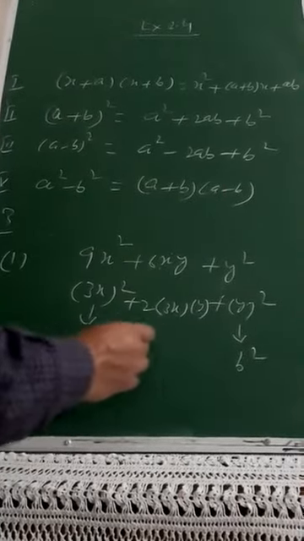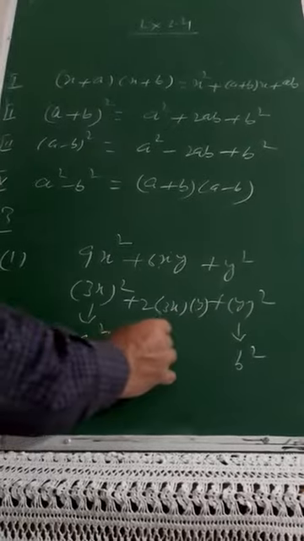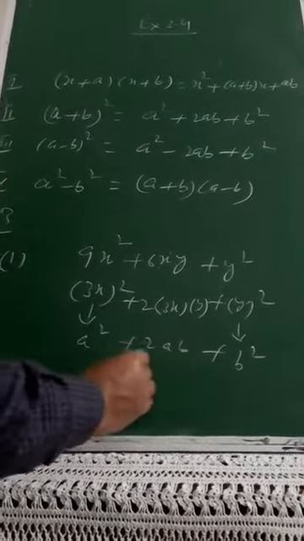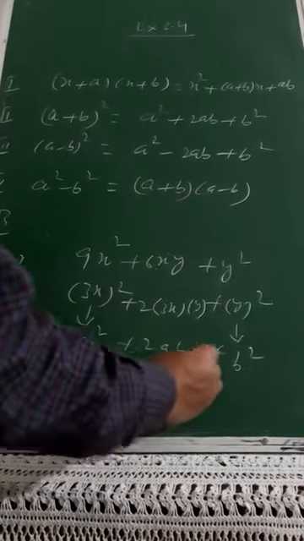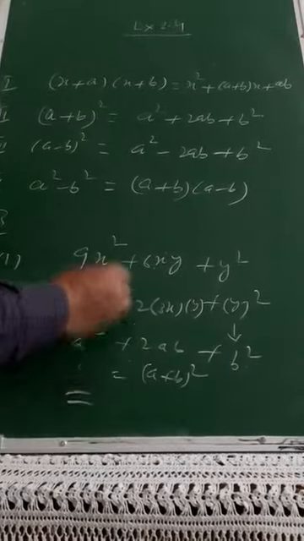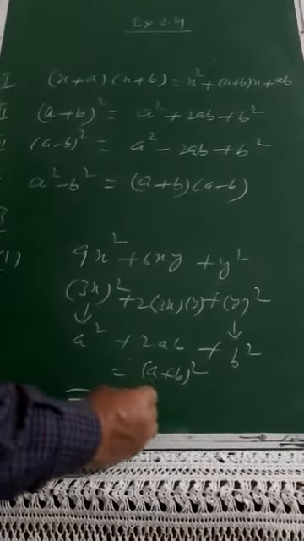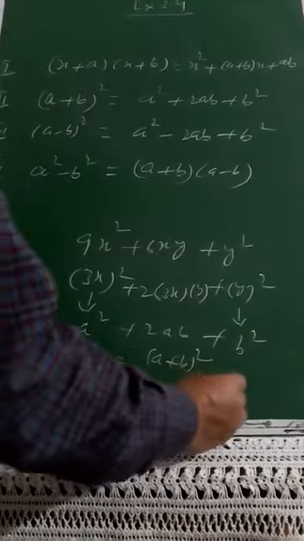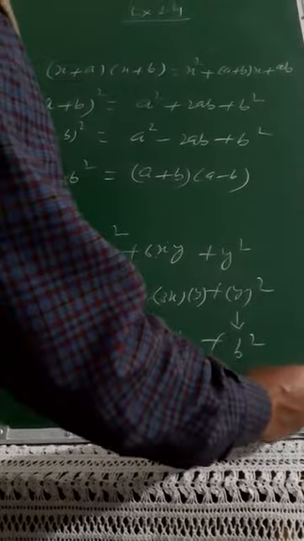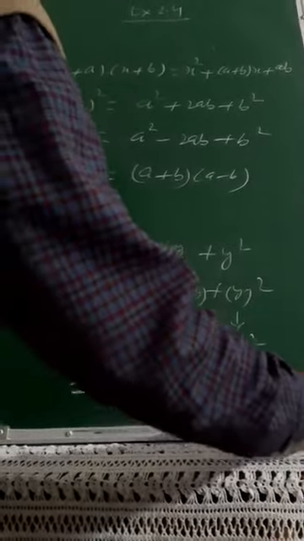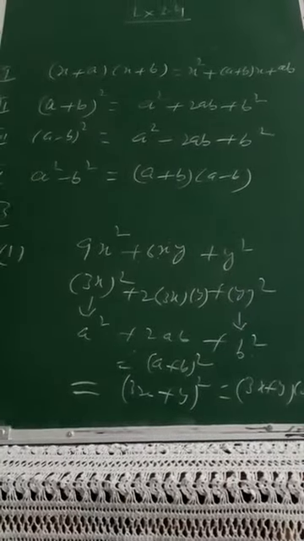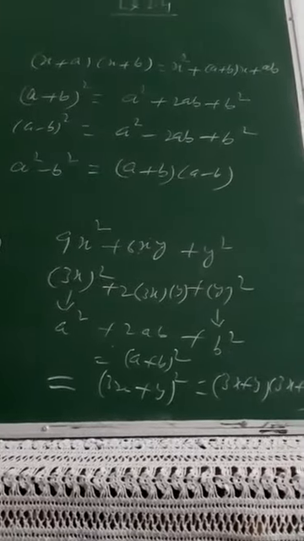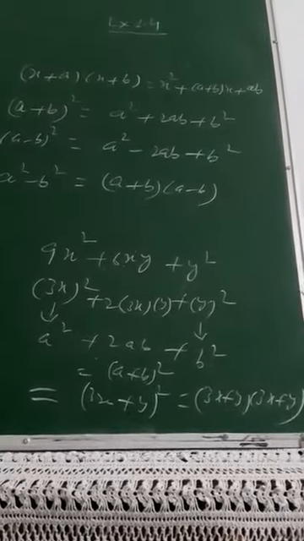So my question is there, a square plus b square plus 2ab. A square plus b square plus 2ab is equal to what? A plus b whole square. So at last simply you have to substitute the value of a, that is 3x, and b, that is y, where you will be writing, and in factorized form this will be 3x plus y into 3x plus y. So in that way you can factorize it. Second part is there in the form of a minus b whole square, and third is there in the form of a square minus b square.